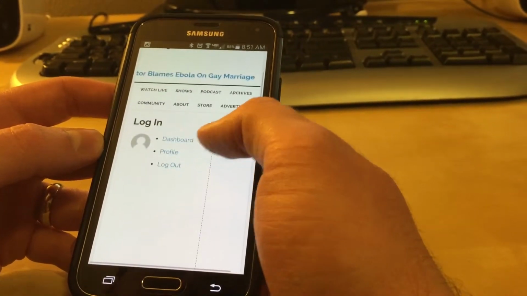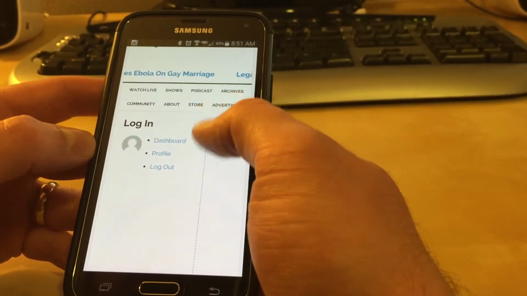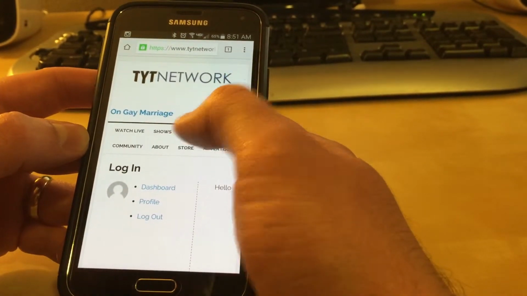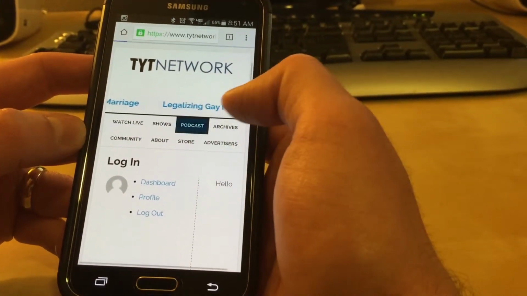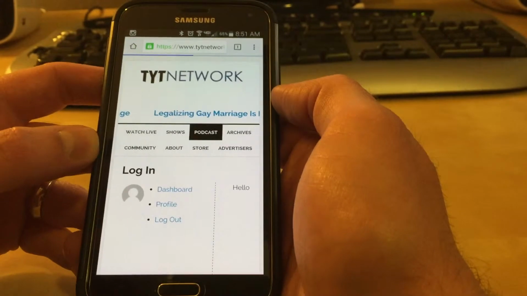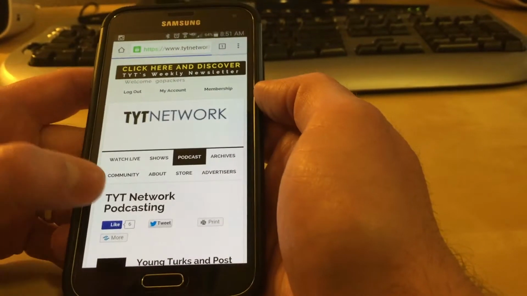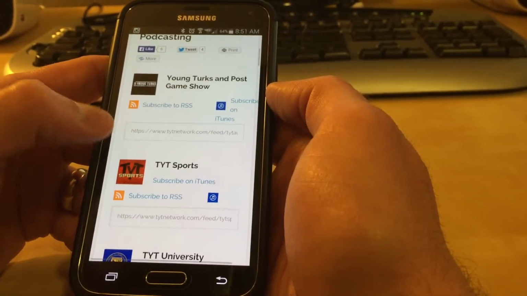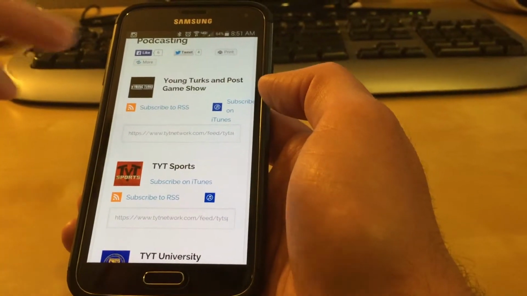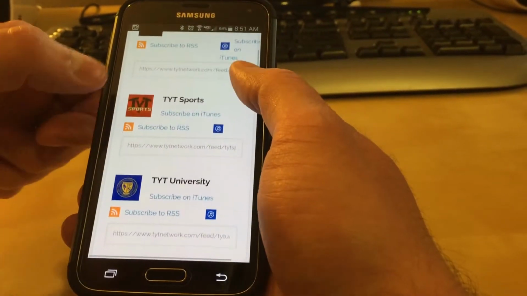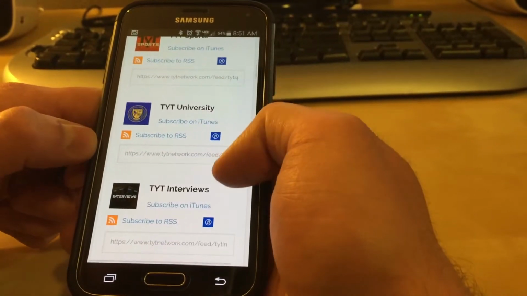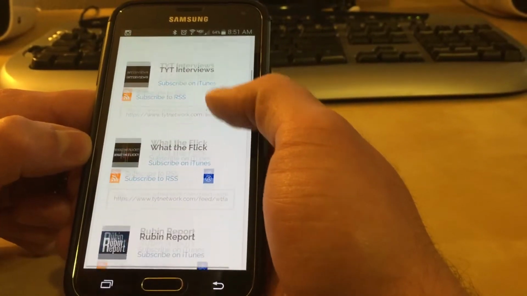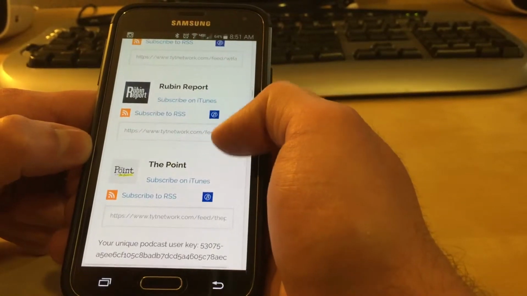And this is what the site looks like once you're logged in. It's got this podcast button here. You're going to click that. And then you'll see all of the various podcasts you now have access to, the full versions of Young Turks and Post Game Show, TYT Sports, TYT University, TYT Interviews, What the Flick, Rubin Report, and The Point